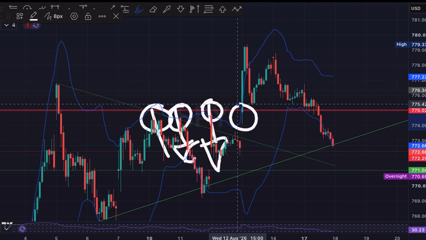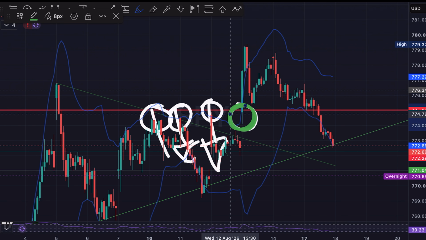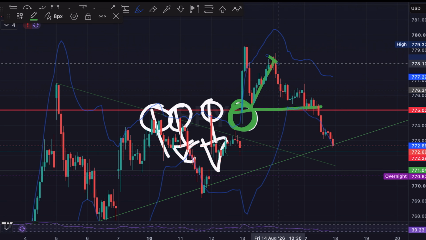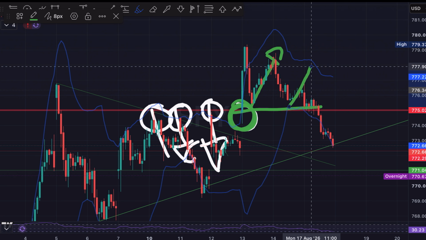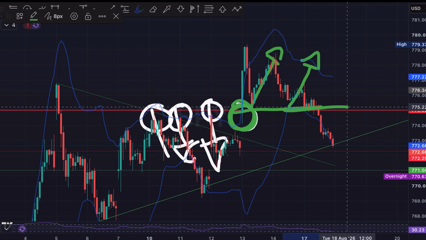But we can see right here this resistance turned to support, right? So now 775 turned to support, and the bulls were trying to push off of it, right? But you can see once we broke it, that support was turned back into